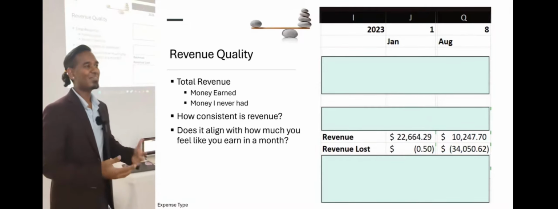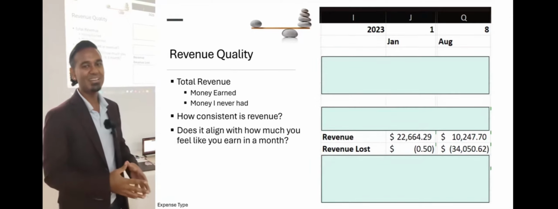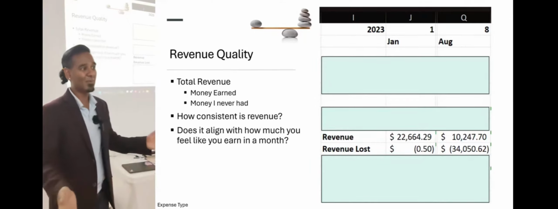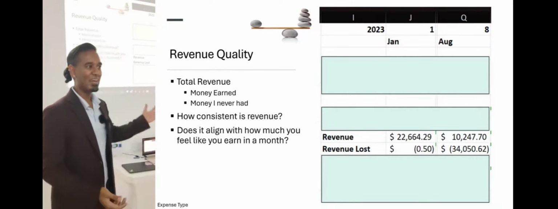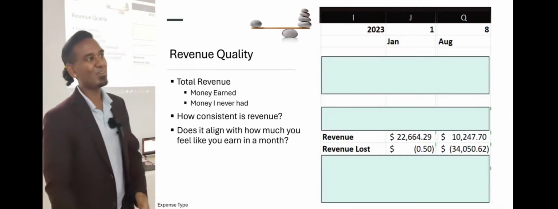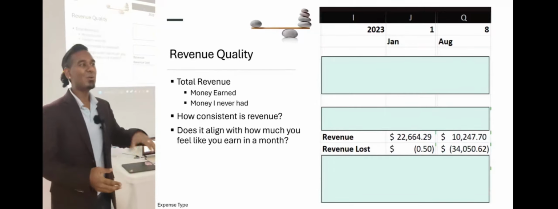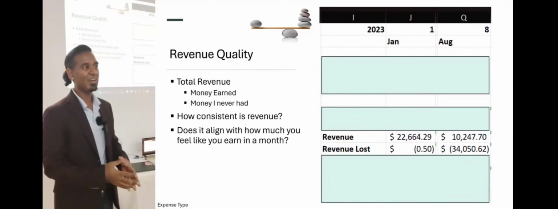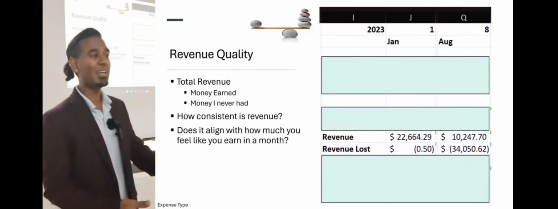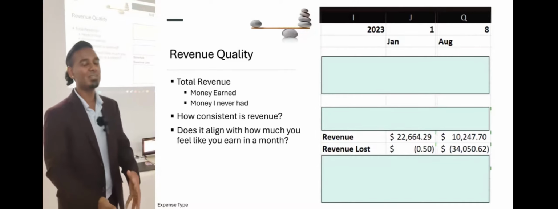For me, I kind of understand that money comes and goes, so I don't really get attached to it. And as long as on average over the whole year I know that I'll have money when I need it, I don't really care if I have a huge gain in one month and a huge loss in another month. Just make sure you know what type of income and revenue you're looking for, and making sure that the financial products that you have meet those needs, right?